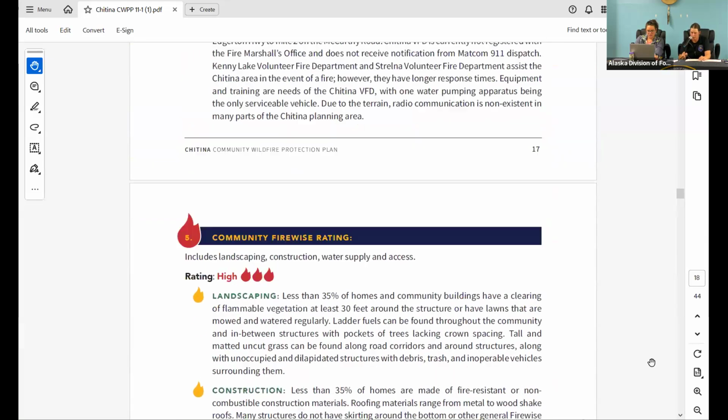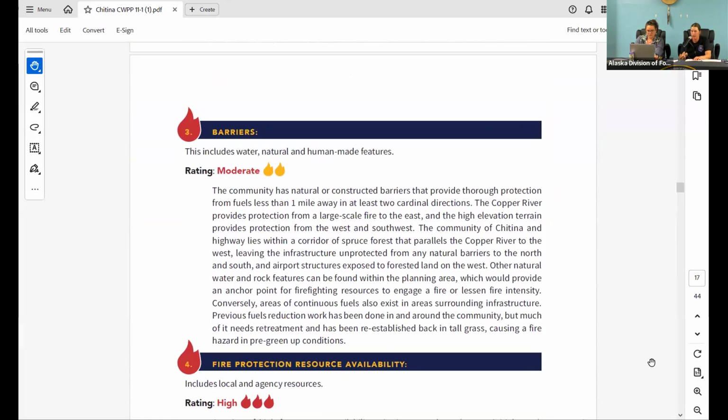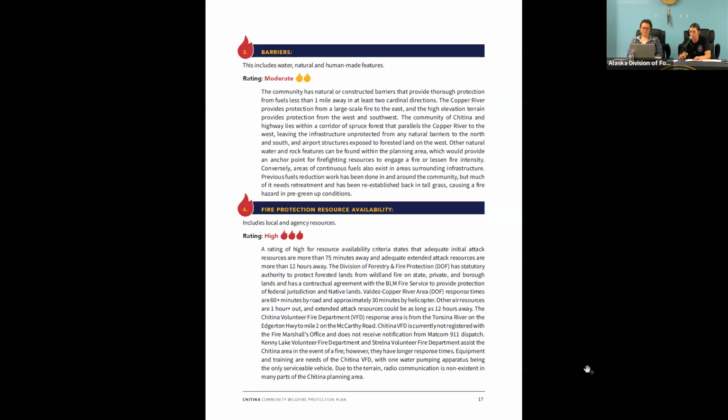Chitina has the Copper River to the east, and any large scale fire that could potentially start on the Katsina Bluff or in the forested fields that lie towards Strelna, the Copper River would provide a pretty decent barrier, although nothing's ever 100%, but a pretty decent barrier from a fire in that area spreading across the river closer to the community.